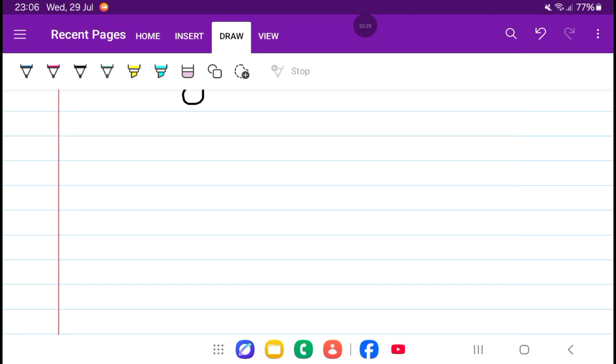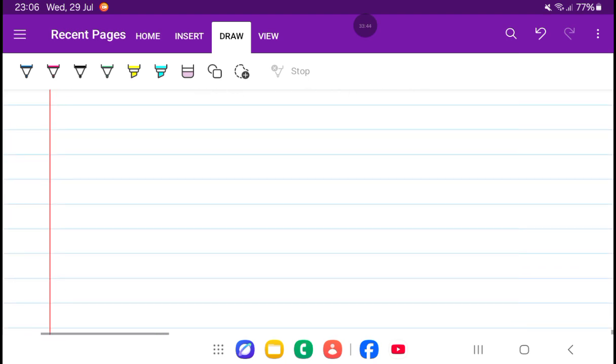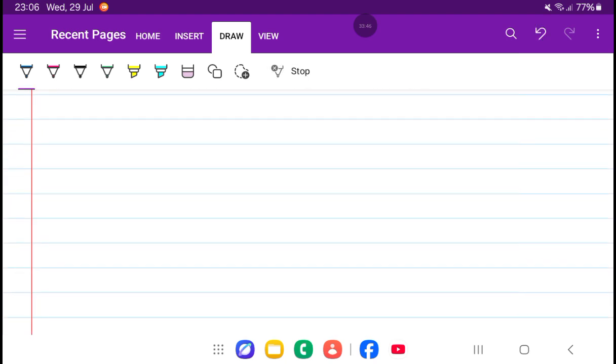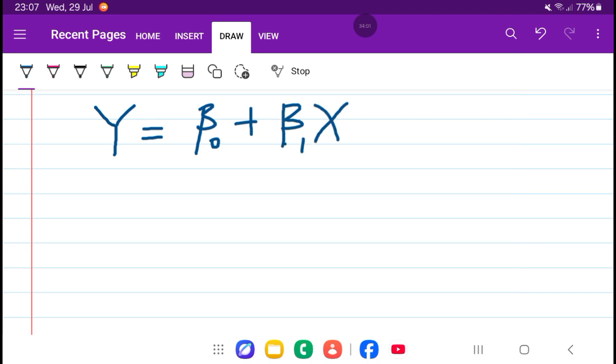Other textbooks may write this as capital Y equals beta naught plus beta 1 and capital X, then plus